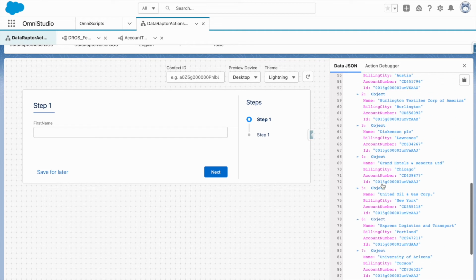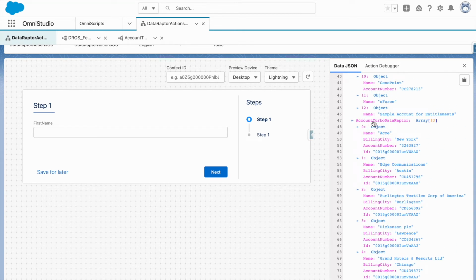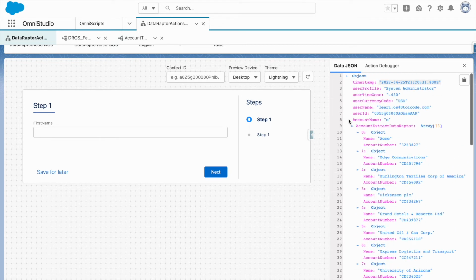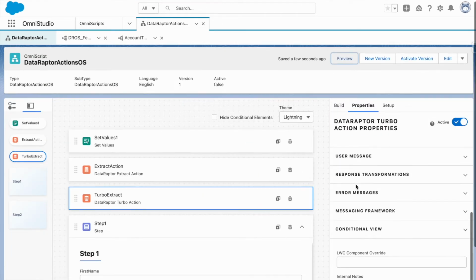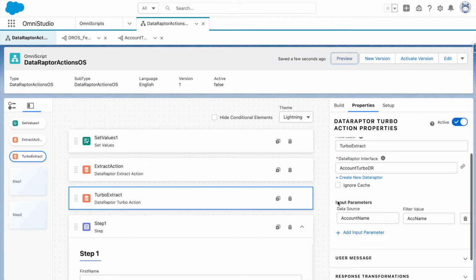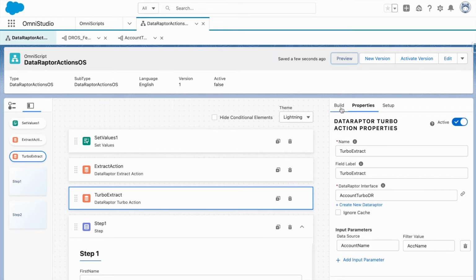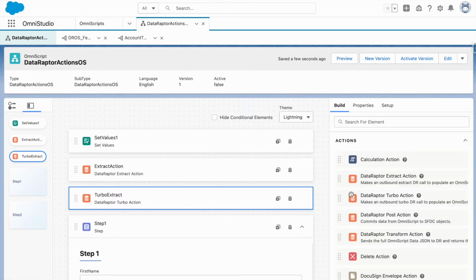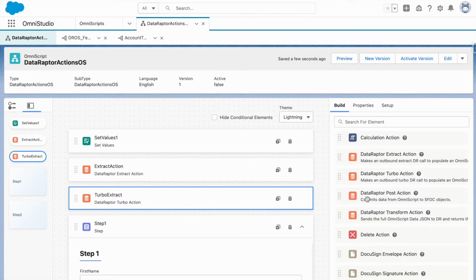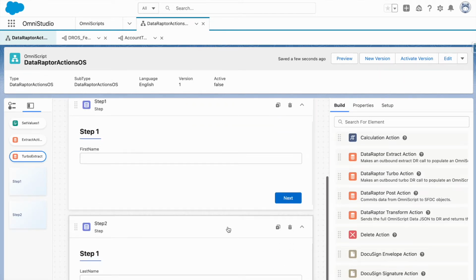So if you see this here, we have account turbo data raptor, and you are getting the data directly from the accounts node. Okay, so that's what we have in the response, and both of the data raptors get the data from Salesforce. Okay, so now let's go to our third data raptor, which is post action. Okay, so to do that,